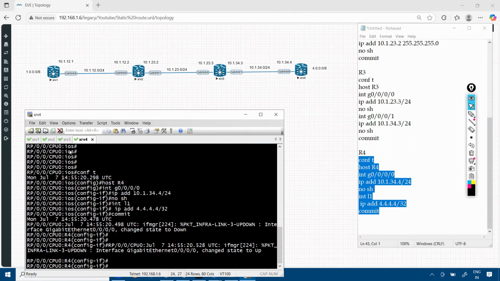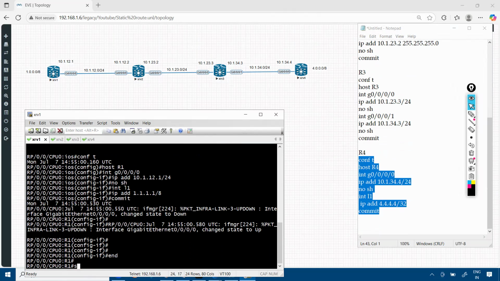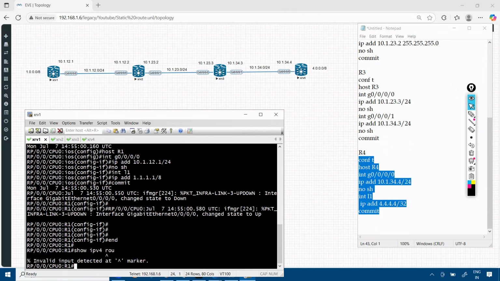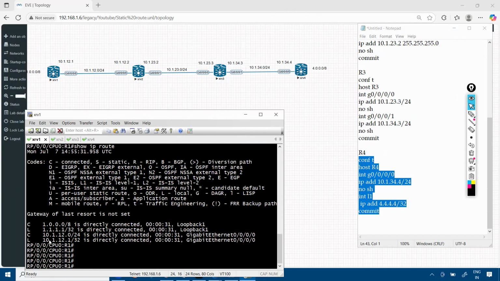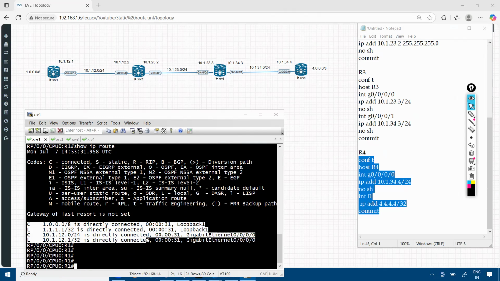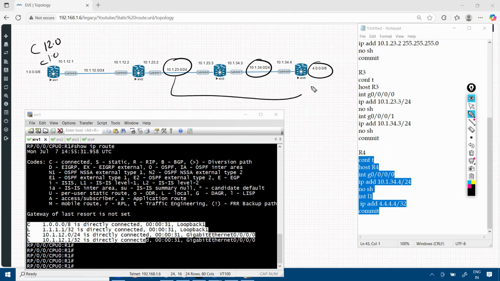Good, right? So now you can see that on router number 1, if you put the command show ipv4 route, you can see that I have my connected routes. In static routing, we need to define the routes which are not present in my local routing table. On router number 1, I have 12.0 and 1.0, which are my directly connected routes. I do not have these other routes, so I need to define them on my R1 routing table. How can we define them? Based on the static route.